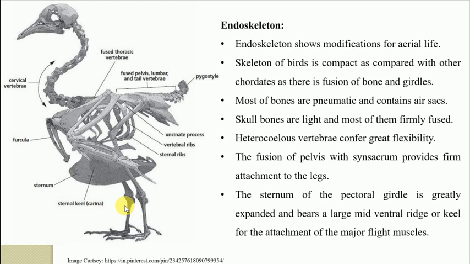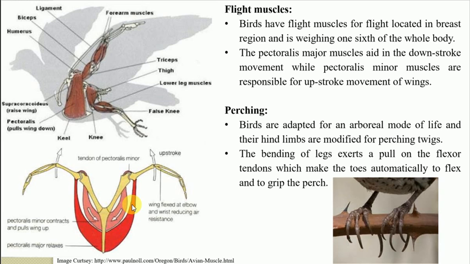Then the next adaptation is perching. The birds are adapted for the arboreal mode of life. So many of the birds show arboreal life, that is, they live in the trees, and their hind limbs are modified for the purpose of perching on twigs. For that purpose, if you see in this diagram, the birds are provided with 4 toes,